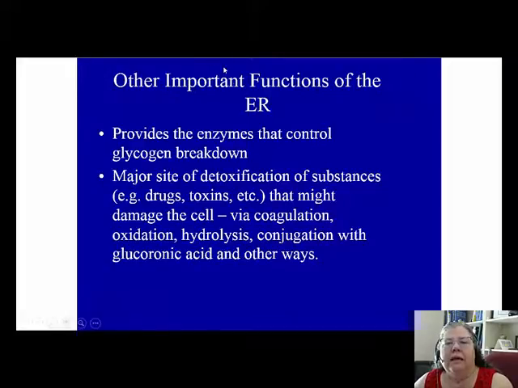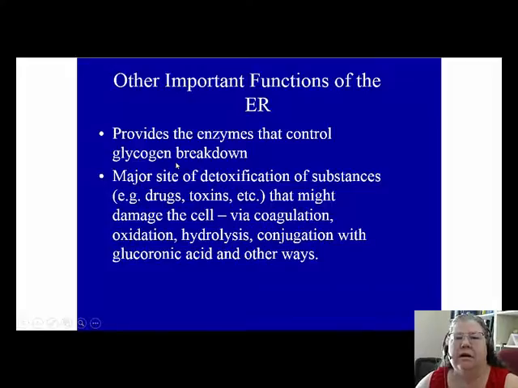So the endoplasmic reticulum synthesizes the enzymes that break down glycogen, storage carbohydrate, so it can be used. They also function as the site of a number of reactions which detoxify things that are not good for the cell, that might damage the cell: drugs, toxins, and there are a number of processes that are used,